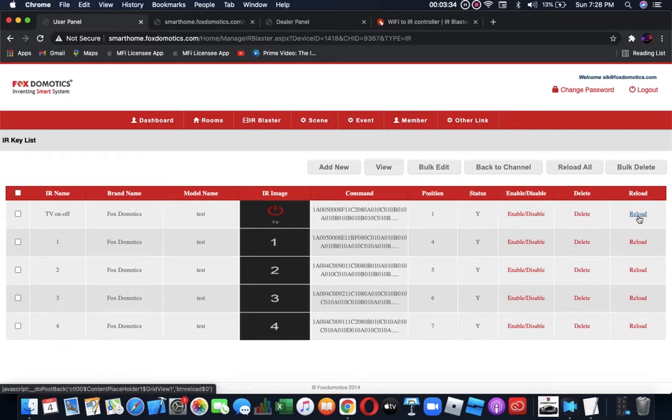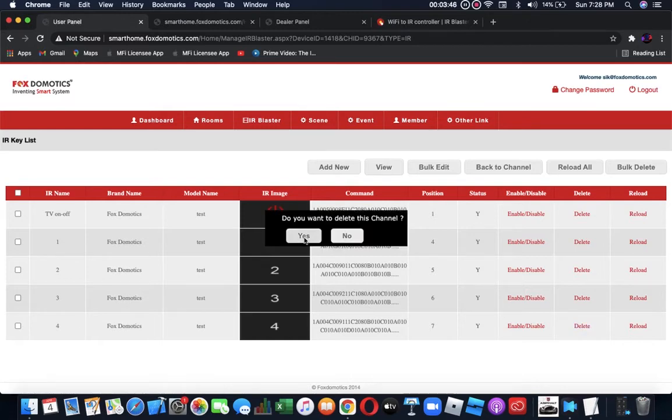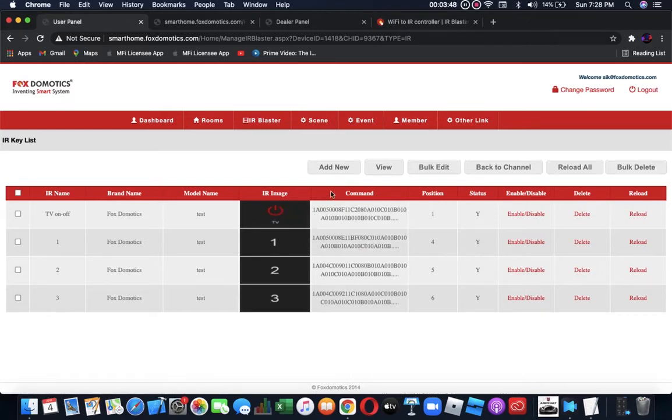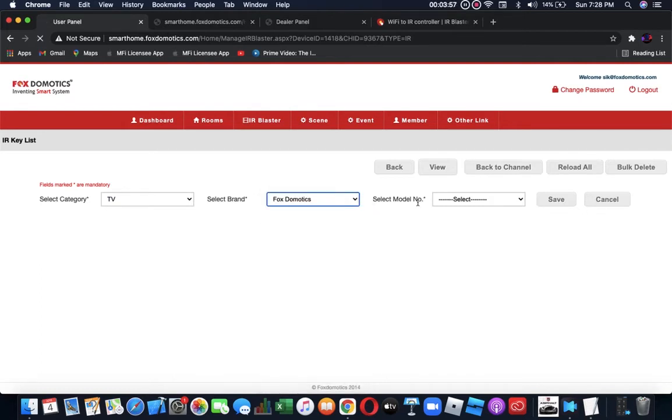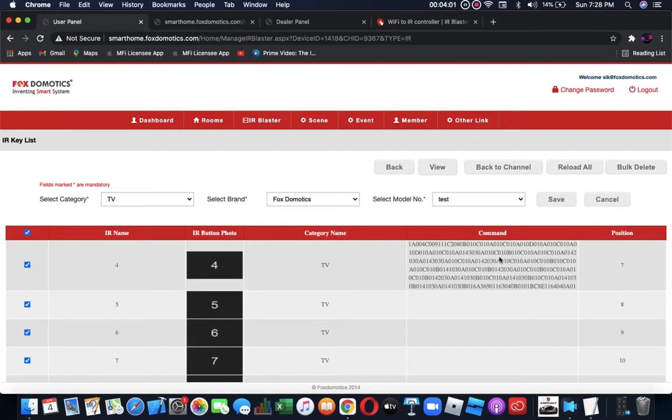If the model number, test, is the same, then it will reload the hex code. And you can do an individual delete also. If I don't want button 4, I can delete it from my list. If you go to add new and select the same remote again, TV, Fox Domotics and test, I can see the 4 here.